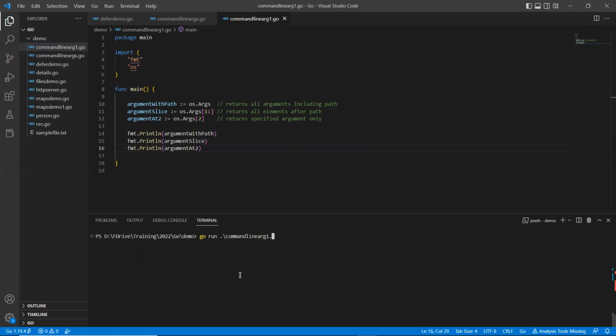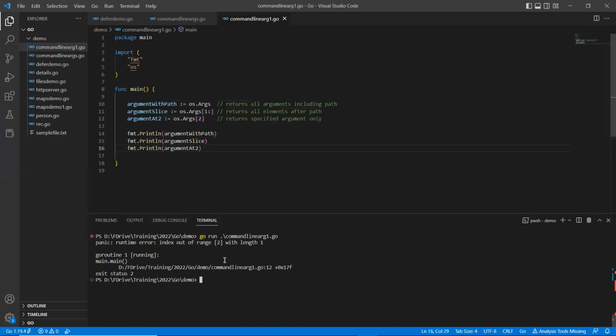So clear this and go run commandlineargument1.go. It will throw an exception because you're reading args of 2, as you are not passing any arguments from the command line or console. It definitely gives you a problem. Now when I pass something like A, B, or C,